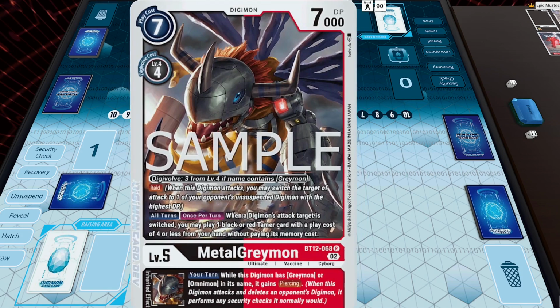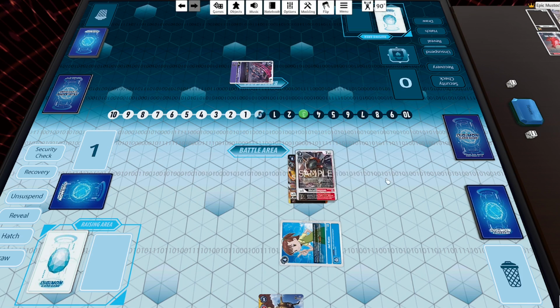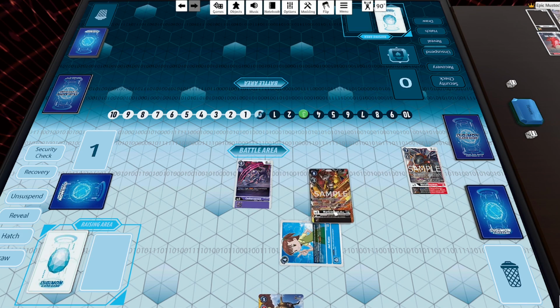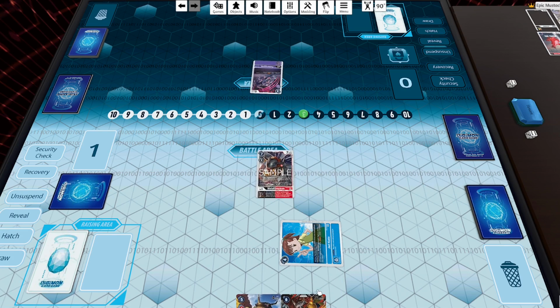So in this case, I've got a level 5 with Greymon in the line. But let's say instead of that, I had this on my field. I would not be able to Blast Evolve Wargreymon Ace on top of Cerberusmon. I would need some other level 5 that meets the requirement. So in that sense, it works just like normal Digivolution, but it's just during your opponent's turn, like I said,